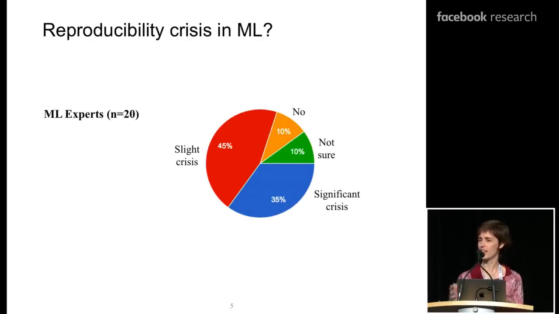I was curious to see how that might extend to machine learning. Back in December, I was in a workshop, and I asked colleagues to play along with this same game, asking whether they thought there was a reproducibility crisis specifically in machine learning. In this case, about 80% of them thought there was either a slight or a significant crisis. So in my mind, there are definitely reasons for us to be thinking about this, reasons for us to be talking about this, and hopefully reasons for us to take action and see how we can do better.